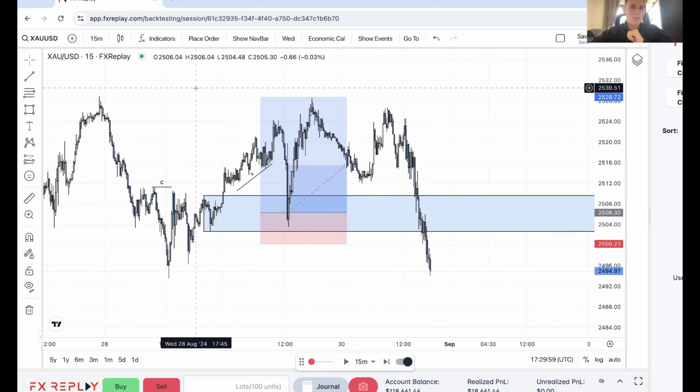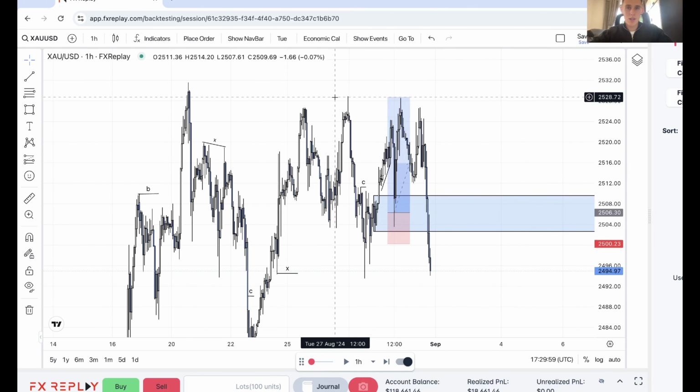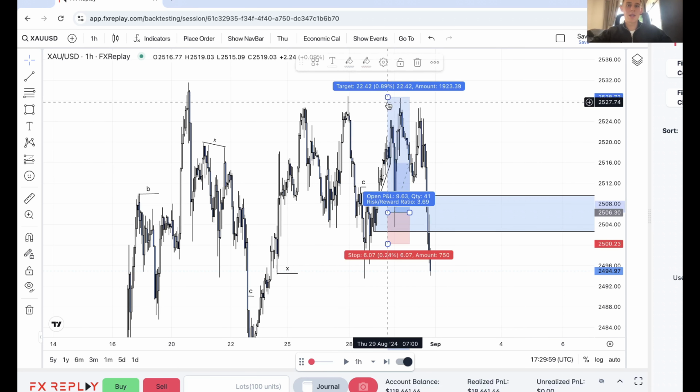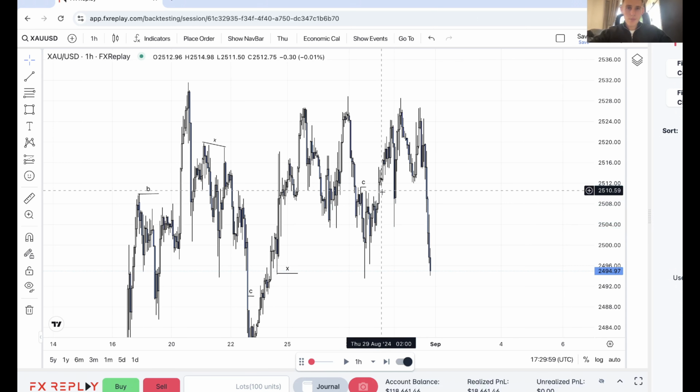Oh, that's strange. It hit take profit on my broker. Maybe FX Replay uses a different broker, so maybe this was missed. But oh well, that was a good trade regardless. That would have been very annoying if price had gone a couple of pips away from this level and then